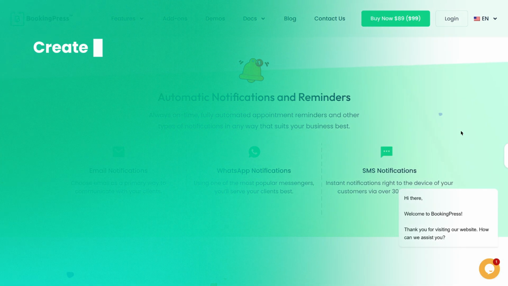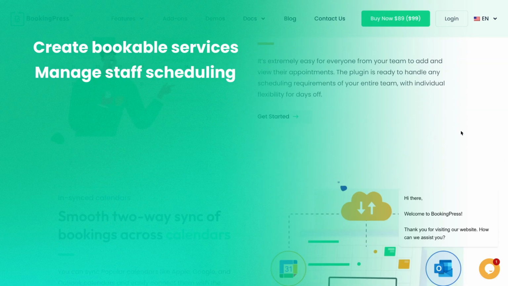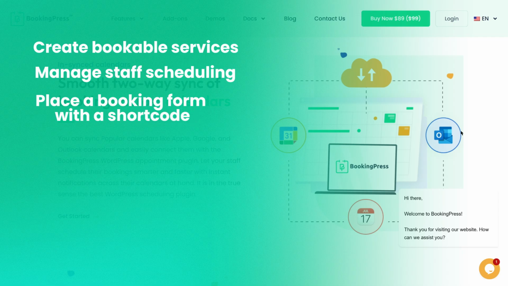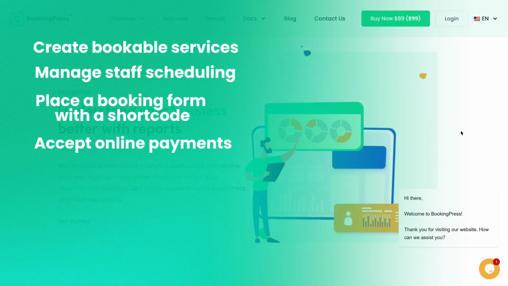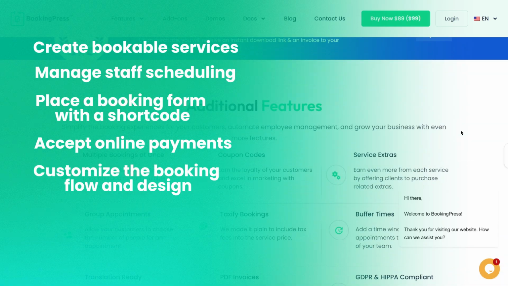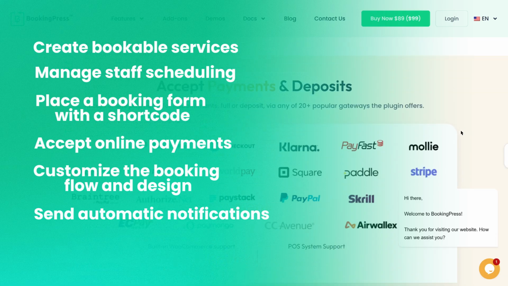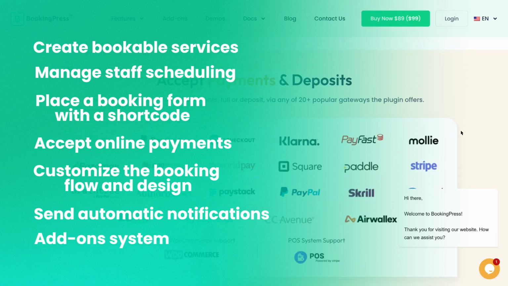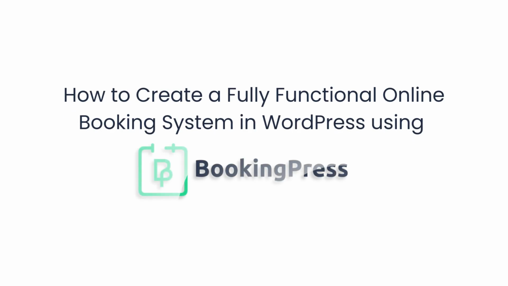With BookingPress, you can create bookable services in a few clicks, manage staff scheduling and working hours, place a booking form anywhere on your site with a shortcode, accept online payments using popular gateways, customize the booking flow and design to match your brand, send automatic email, SMS, and WhatsApp notifications, and you can extend everything with a rich add-on system. And in this video, I'm going to show you step-by-step how to create a fully functional online booking system